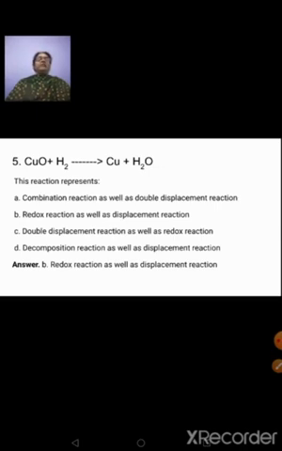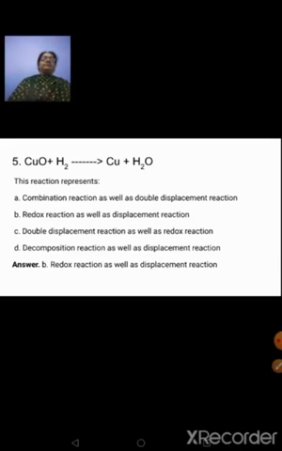Yes, it's taking place because redox reaction means which involves oxidation as well as reduction. Means loss of hydrogen, gaining of oxygen, that is happening here. Look at the equation. CuO turns out to be Cu, H2 turns out to be H2O. So redox, and copper is getting displaced here. So this can be an example of redox as well as displacement reaction. Next, double displacement, as I told you, it's not happening there at all. Decomposition reaction is also not taking place here. So this is an example for option B, that is redox as well as displacement reaction.